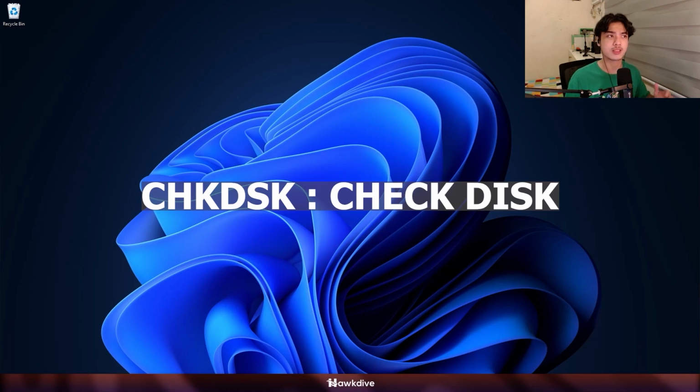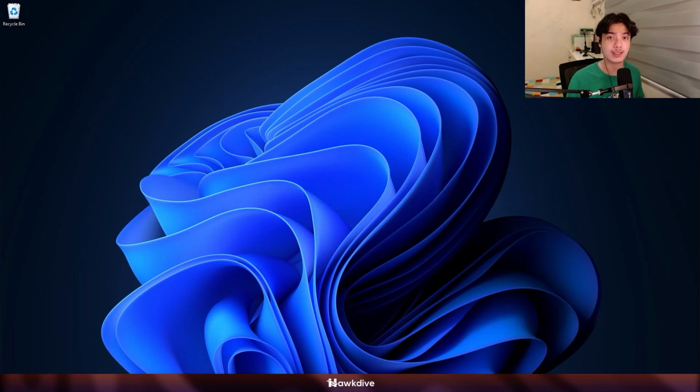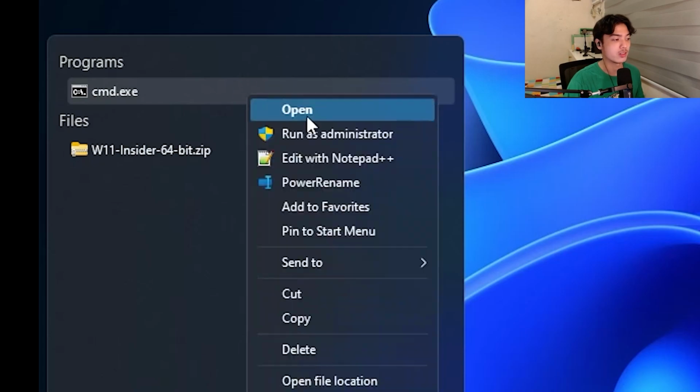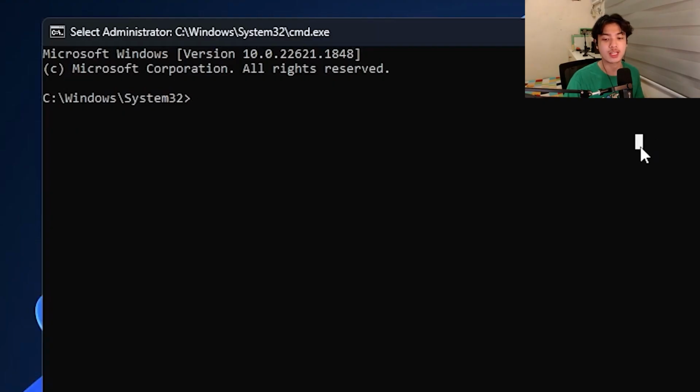Now, you cannot just run CHKDSK on command prompt, unlike SFC /scannow. It requires added arguments to fix and repair. So here, let me show you. Again, the steps are similar. Open up an elevated version of CMD. Once this is running, we can type in